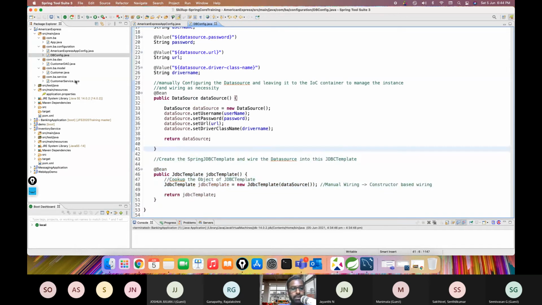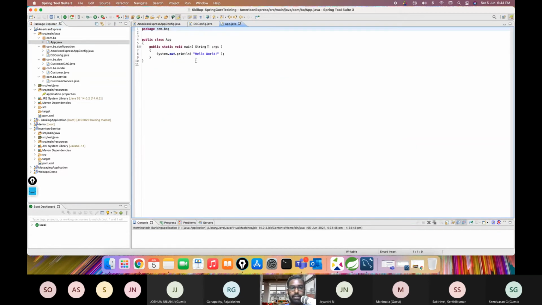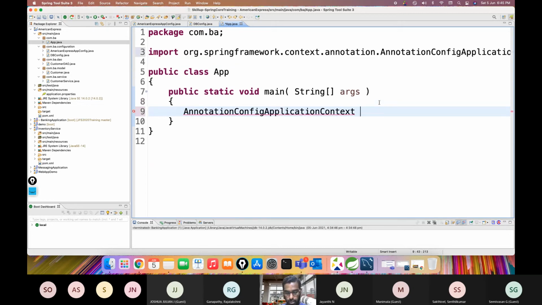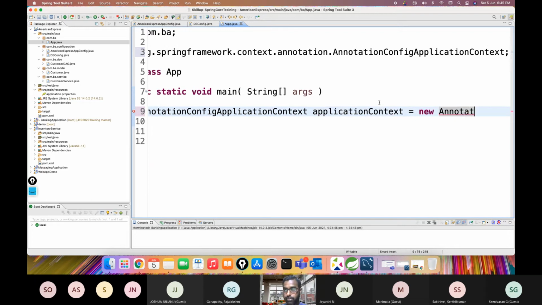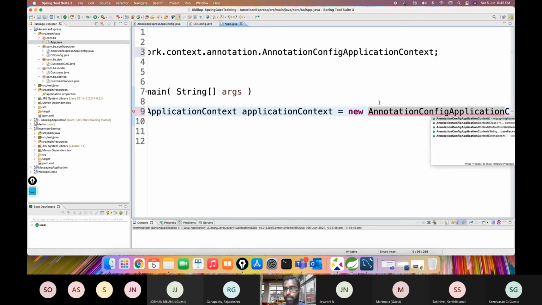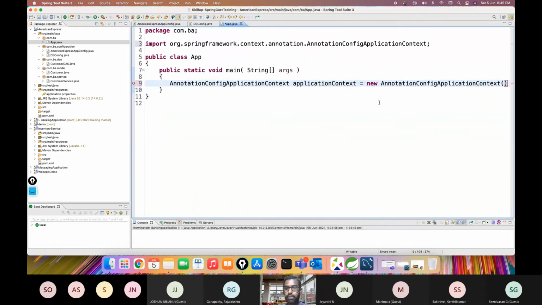Now let's go back to our app here where things come in. The very first thing that we have to do is create an annotation config application context equals new annotation config application context, right? So then